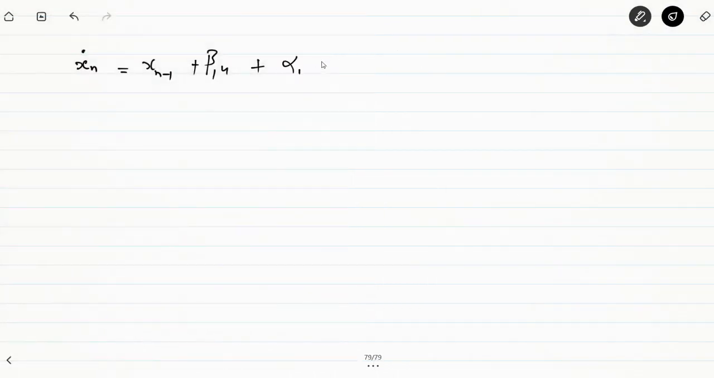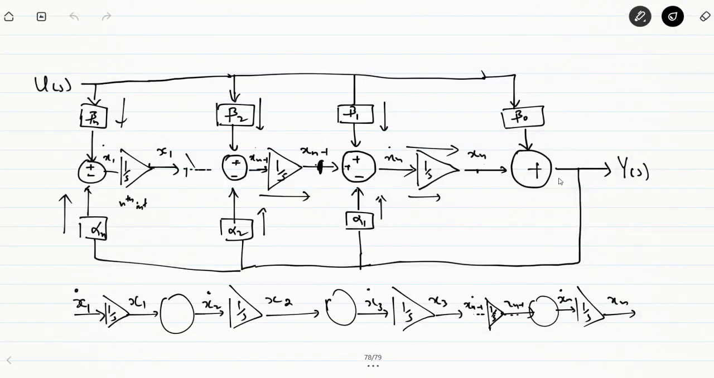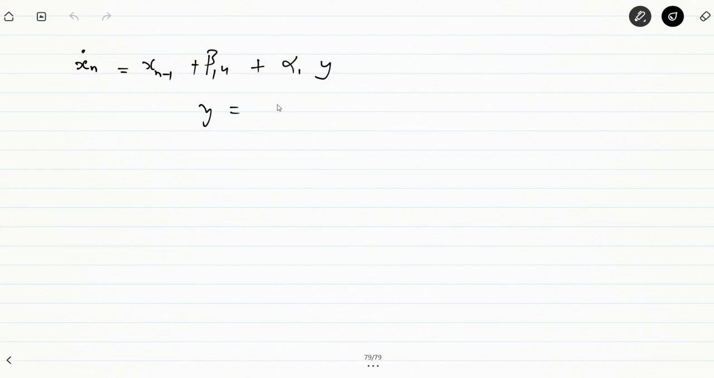So we need to first define what this output y is. From the block diagram, y is the summation of beta naught u plus xn simply. So y is xn plus beta naught u. Okay, so this is our equation,